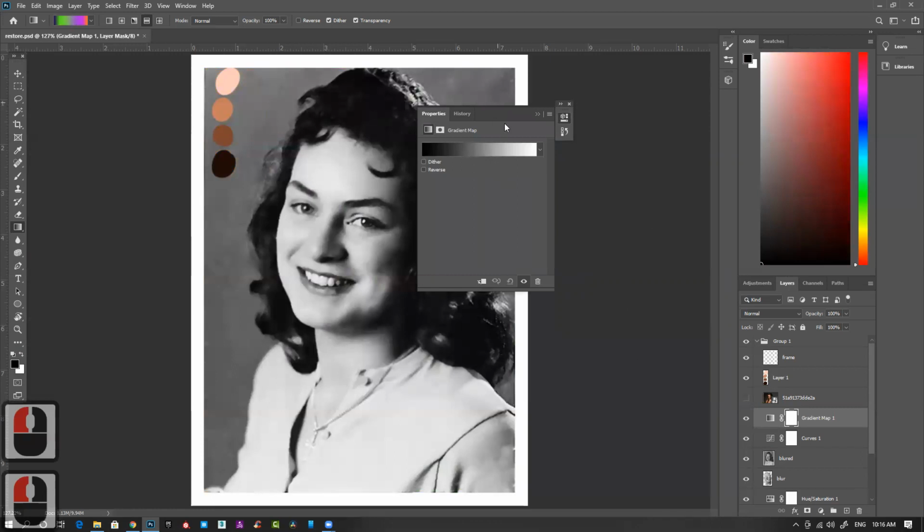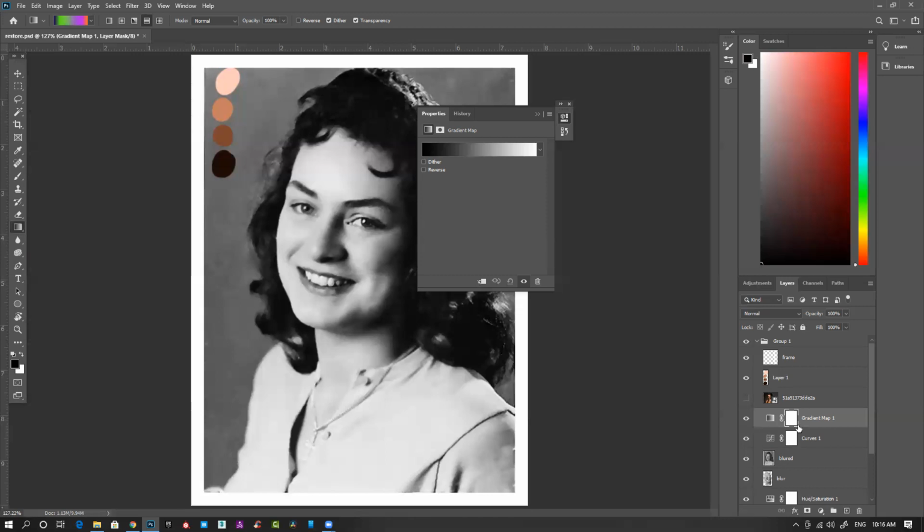By default, one more thing. You can see right now this white box. You can see two sections. One is gradient, one is mask. This white box is basically mask. And mask is a really powerful tool which we can use to create amazing detail. We will use this in a few minutes.